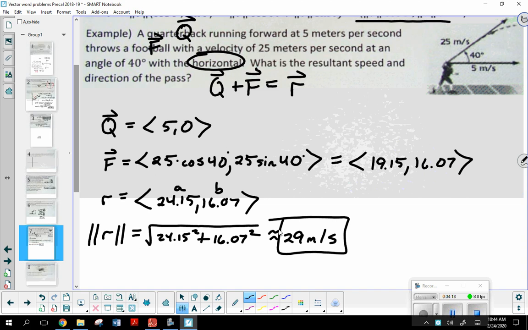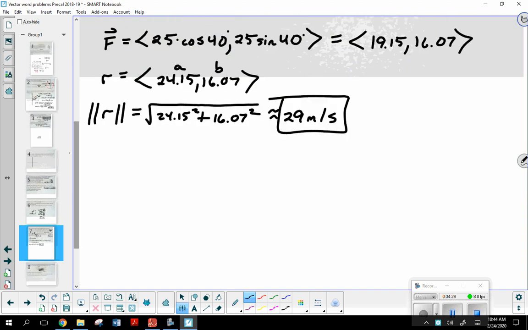Now, there's one other thing I need. I want to also find the direction of the pass. So what formula do I use here? Remember, that's the tangent formula. So tangent of theta equals, now the ratio is B divided by A. What's B? 16.07 divided by